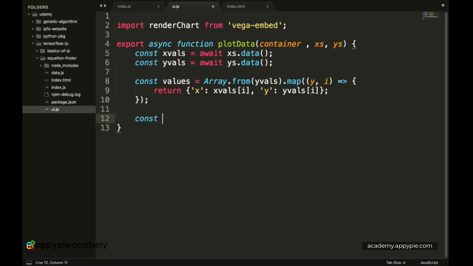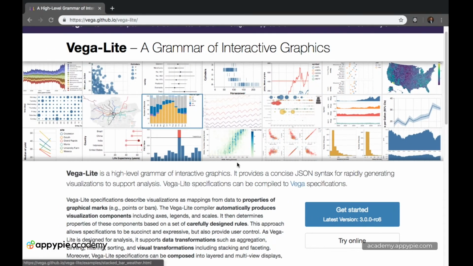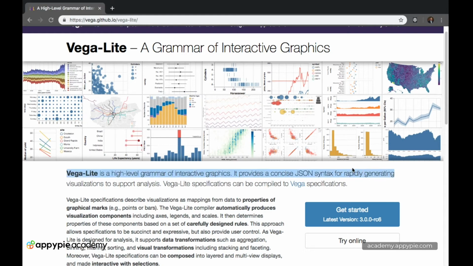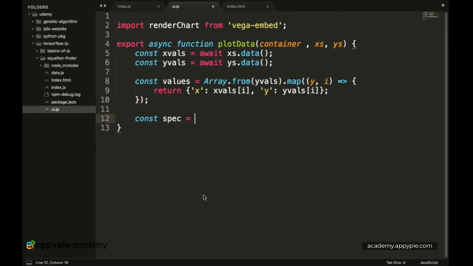So let's create a new constant called spec, and this is equal to, again, JSON format, because over here we have to provide JSON syntax, and then we'll get a graph of whichever style we want. So over here let's first add in curly brackets, let's add a semicolon after this, and now we have to work on the same structure of a name and then a value.